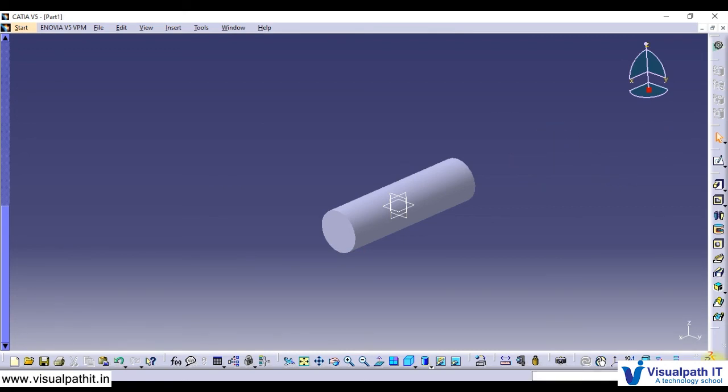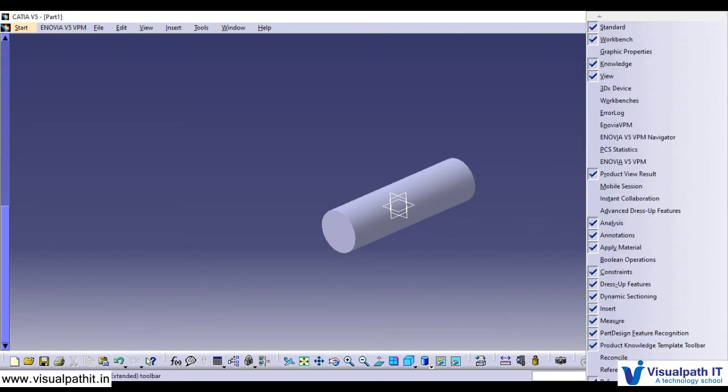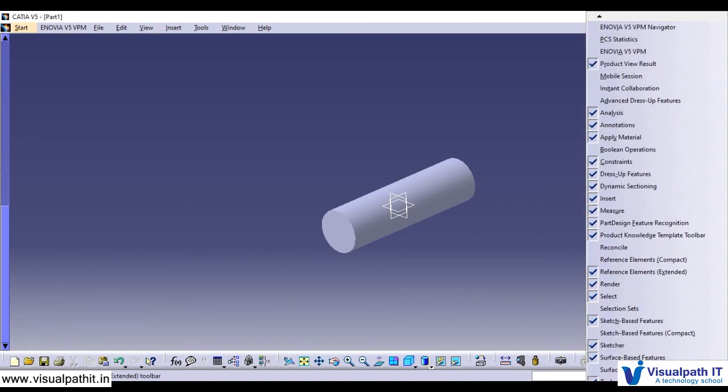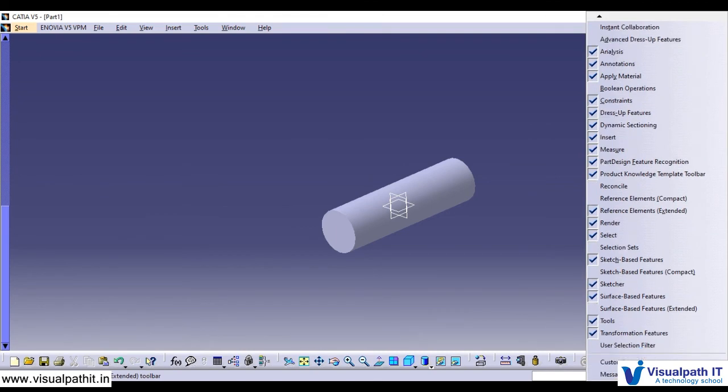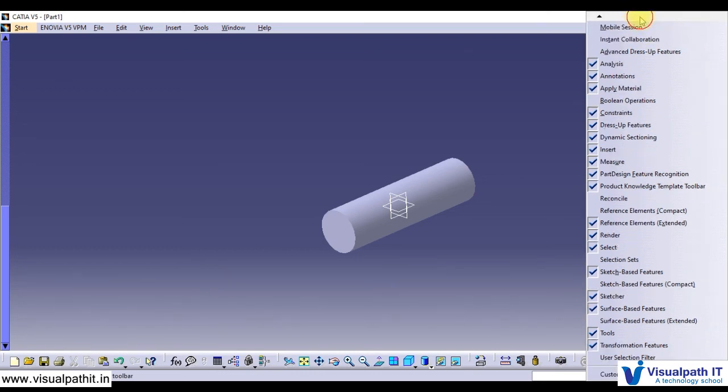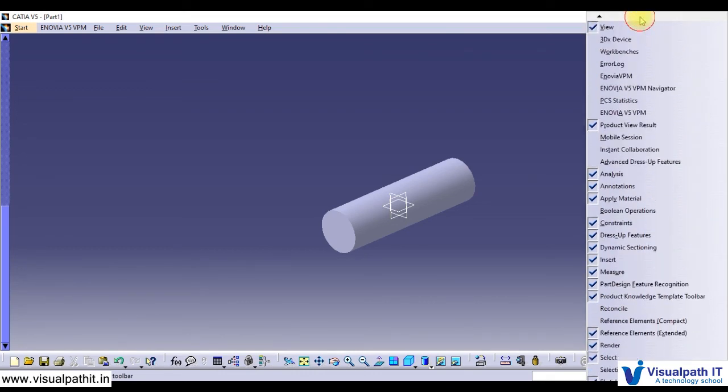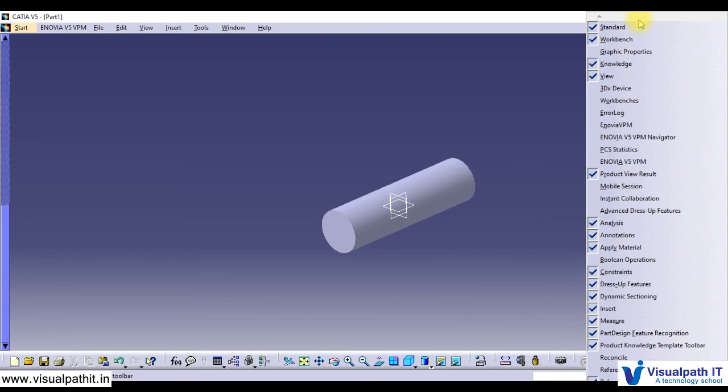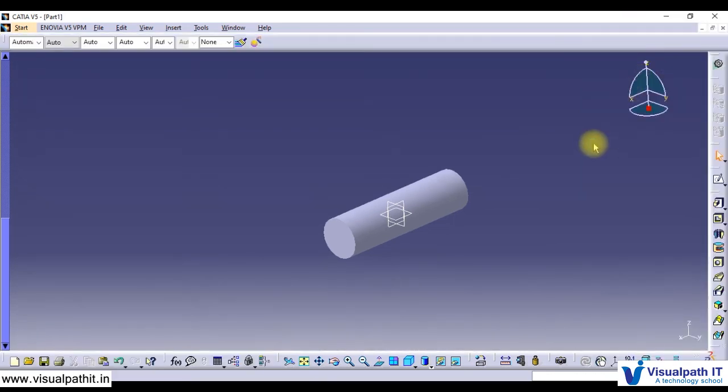If you want to add any toolbars, go here, right click. It shows all the toolbars available, and whatever you want you can add over here. Like this. Let's say if I want graphic properties, I select, see, I have this toolbar.